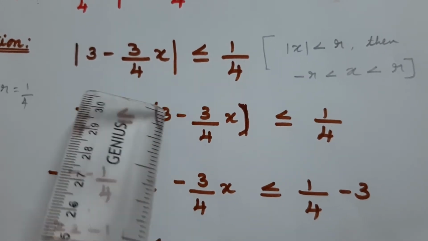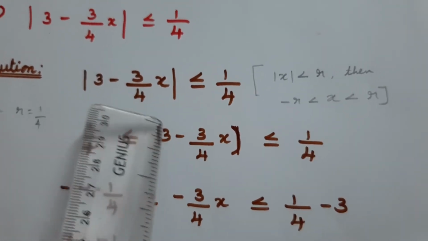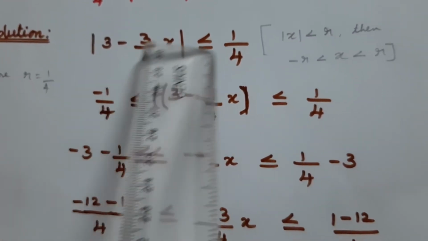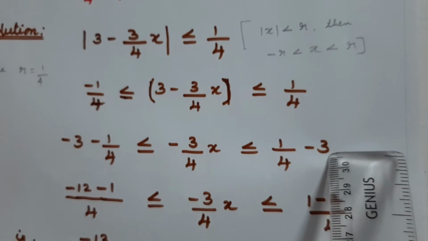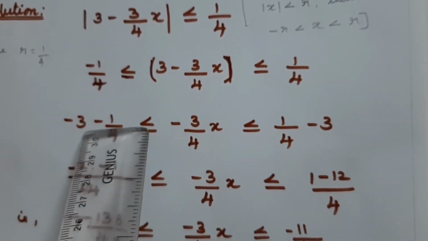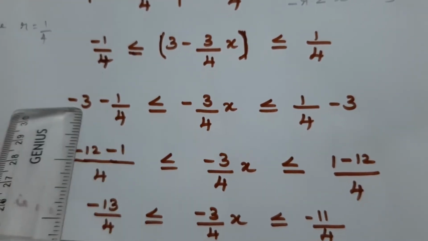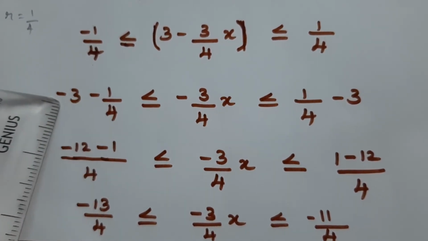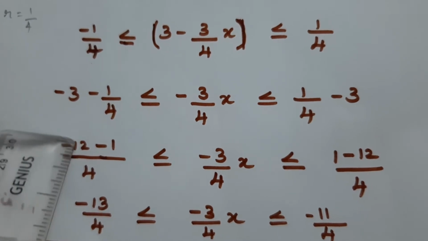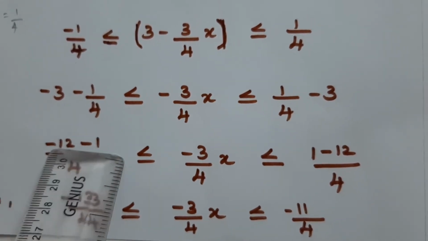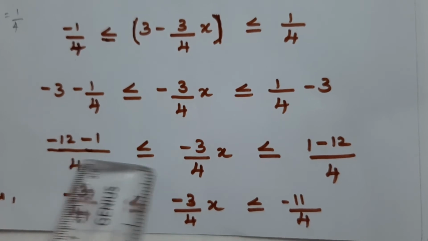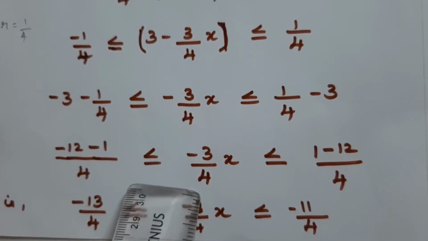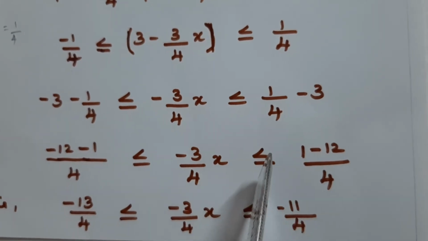Now bring this 3 to both the sides. So when plus 3 goes to the other side, you will have minus 3, and the same way on the other side, you will have minus 3. Now take the LCM here. 4 is here, so here it is nothing but divided by 1 you consider. Do the cross multiplication, 3 4s are 12, you will have minus 12, minus 1 divided by 4 less than or equal to, the remaining value here is nothing but minus 3 by 4x less than or equal to,